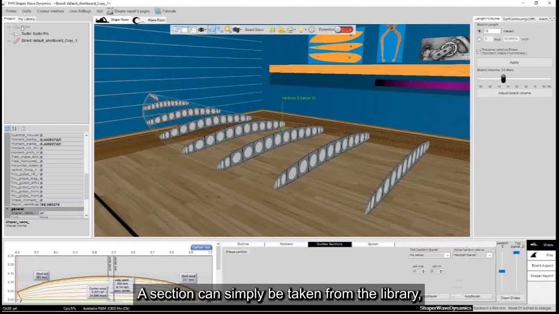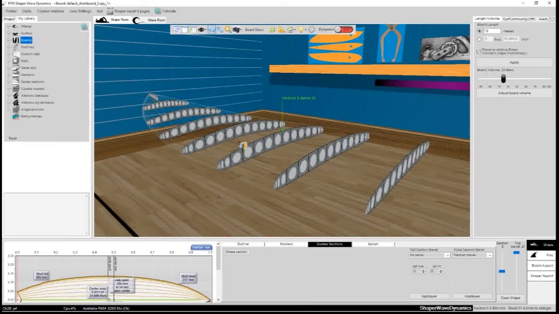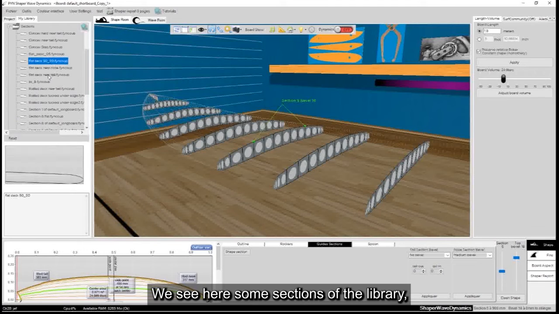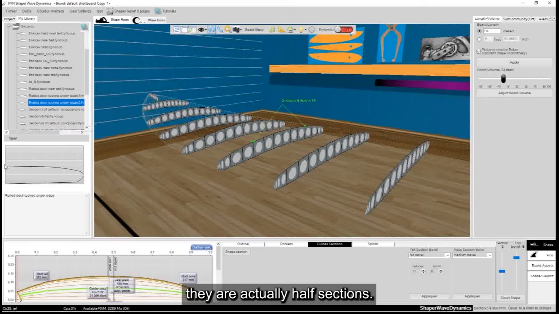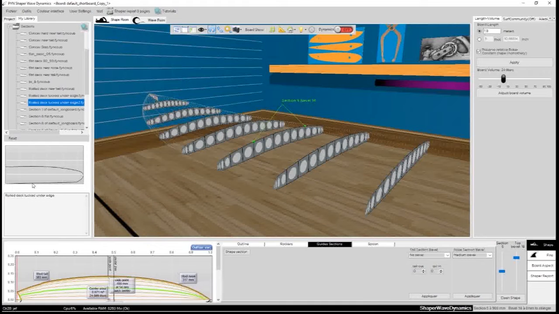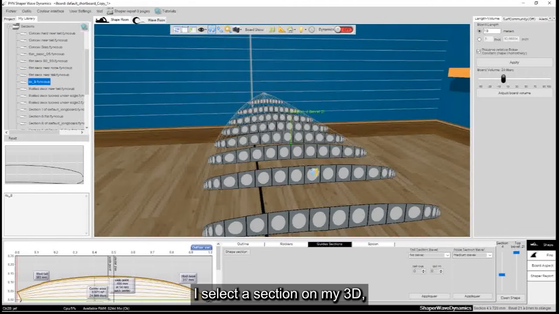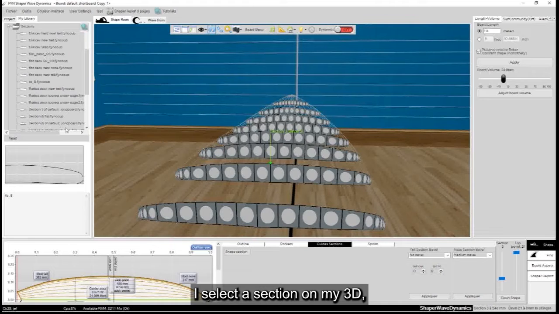A section can simply be taken from the library. We see here some sections of the library. They are actually half sections. I select a section on my 3D.